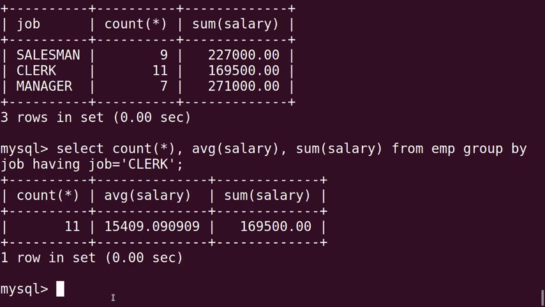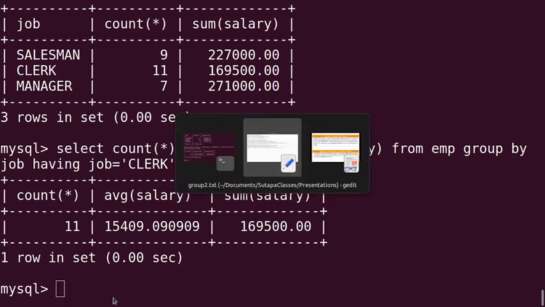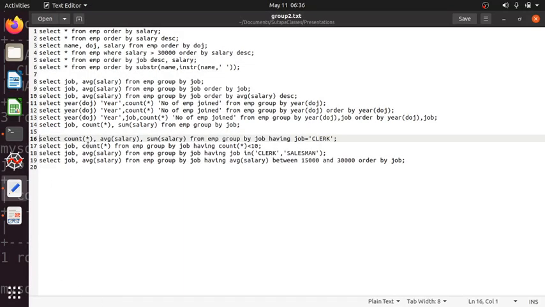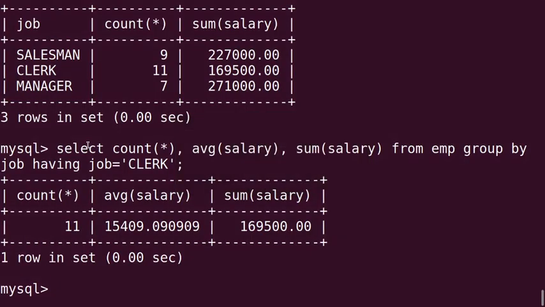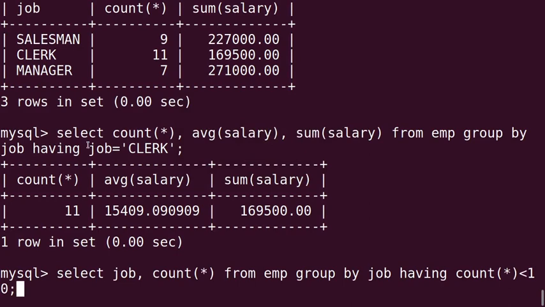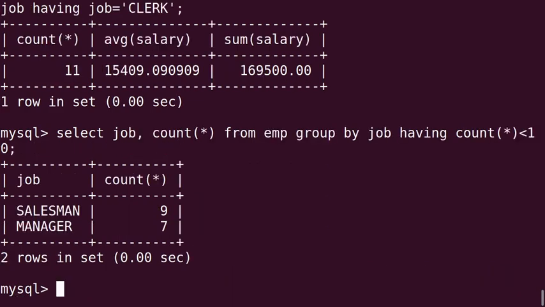Next example of having. Select job, count star from EMP, group by job, having count star less than 10. We are imposing the condition on the group with the having clause, that count star should be less than 10.